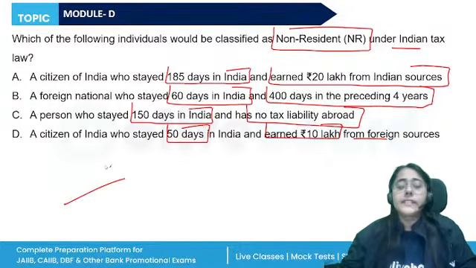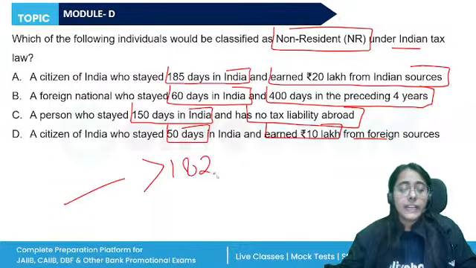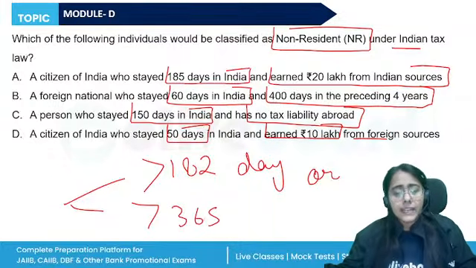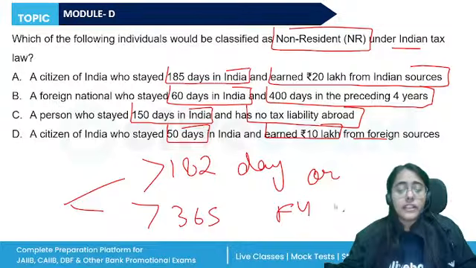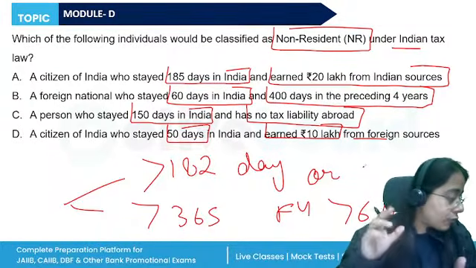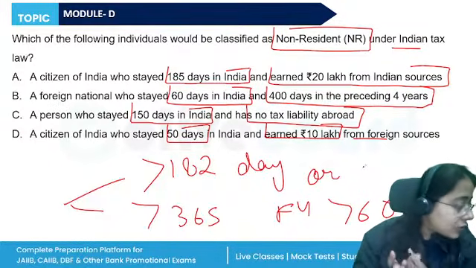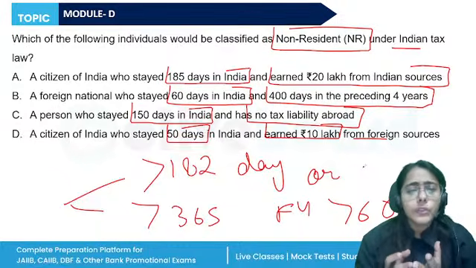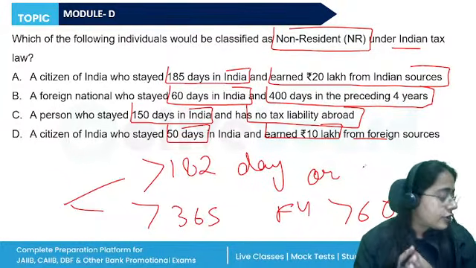See, the residential status. How do we determine the residential status of an individual? If their stay in India is for more than 182 days, or in the immediately preceding 4 years, more than 365 days, and in the immediately preceding financial year, more than 60 days. If someone leaves India for more than this time period for taking up a job or running a business for a purpose, and we do not know when they're going to return, then they will lose their residential status.